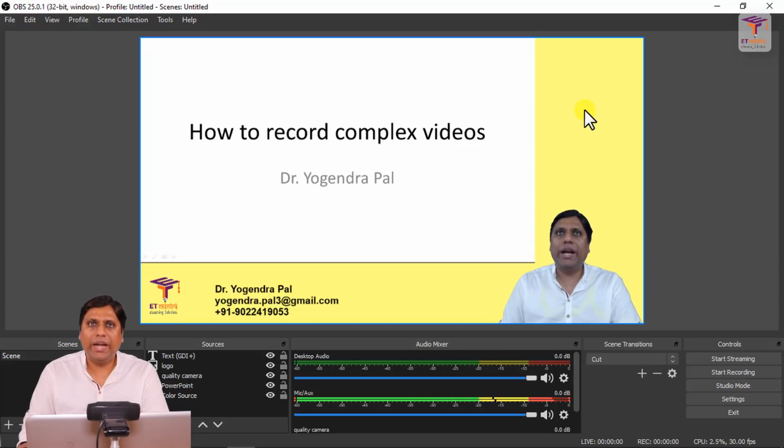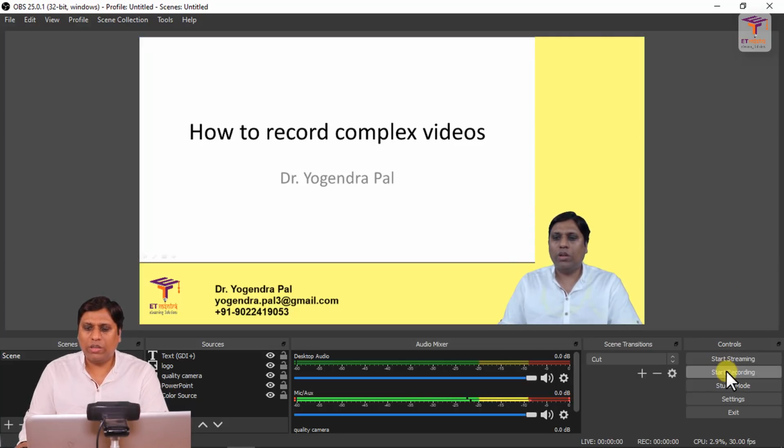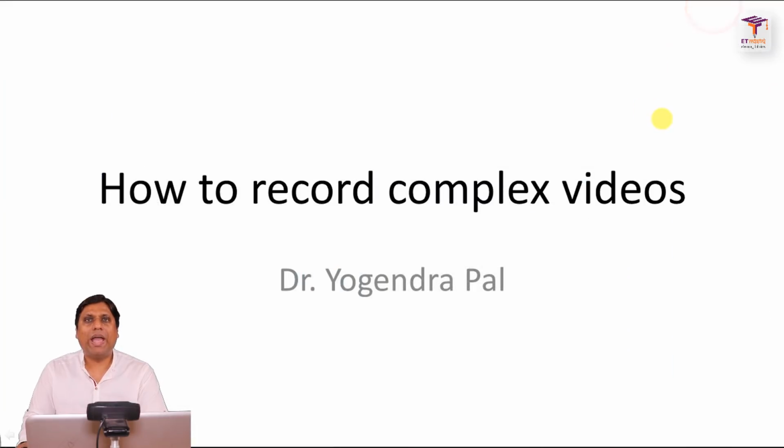Once your setup is ready, all you need to do is click on this start recording button here, which is available in OBS. I will click on the start recording button. When I click on it, it is converted to a stop recording button. Now I will click on minimize because everything which is available on my PowerPoint window is getting recorded. So this text is now visible with my face, with the logo and everything.